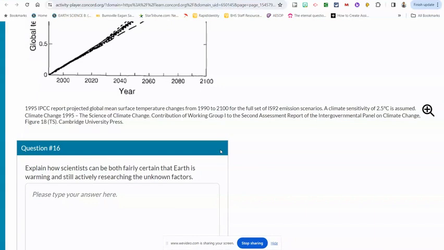So this says the 1995 IPCC, which stands for the Intergovernmental Panel on Climate Change, report projected global mean surface temperature changes from 1990 to the year 2100 for the full set of different emission scenarios. All right. A climate sensitivity of 2.5 degrees Celsius is assumed. Climate change, it says,